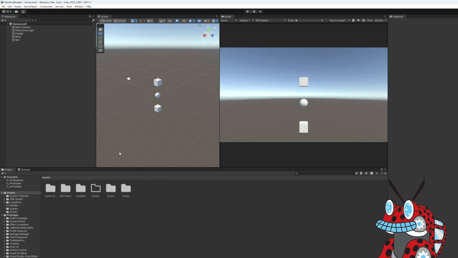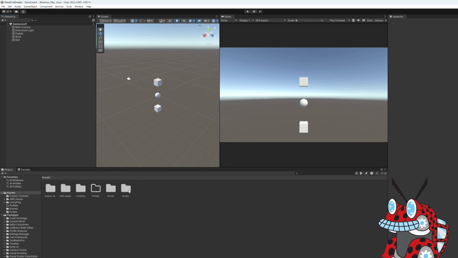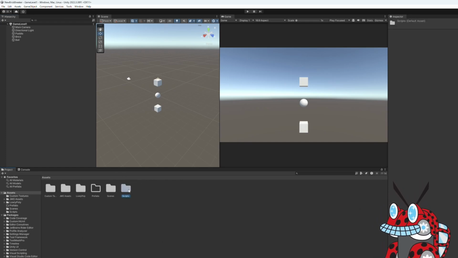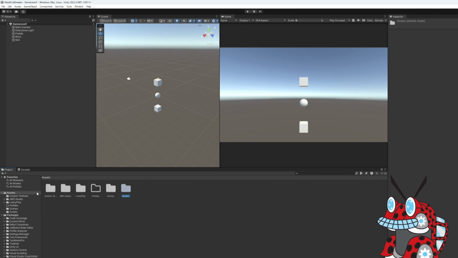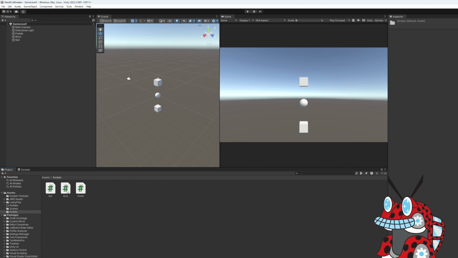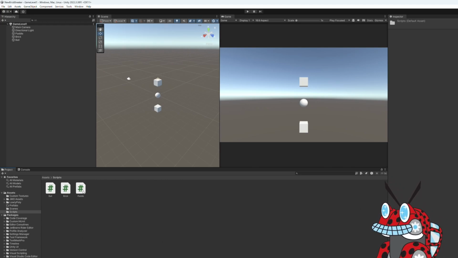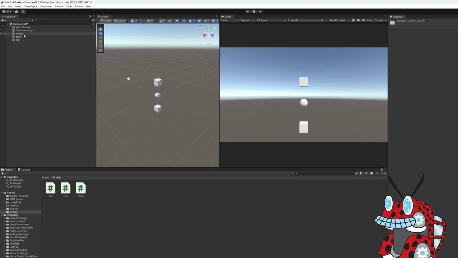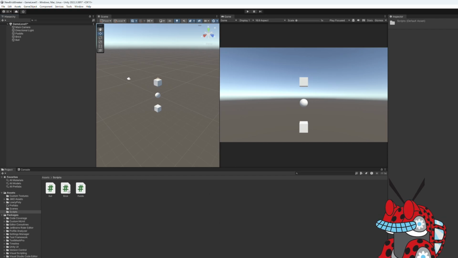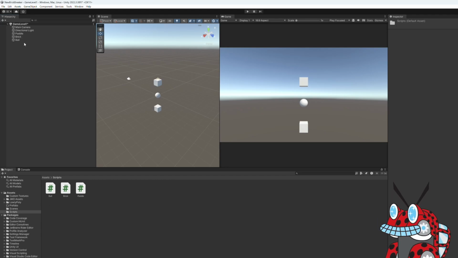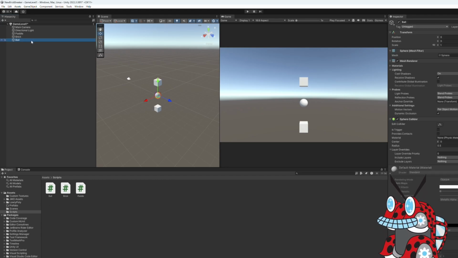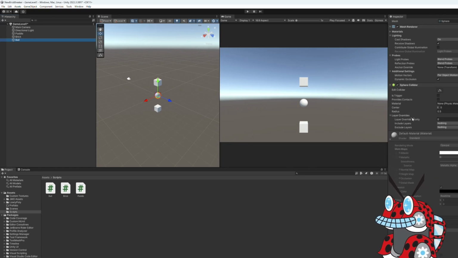By default, our scripts, if we go back down to our project window, go to our scripts, we can just drag our scripts on. So paddle to paddle, brick to brick. What I like to do and prefer to do instead of that is actually to